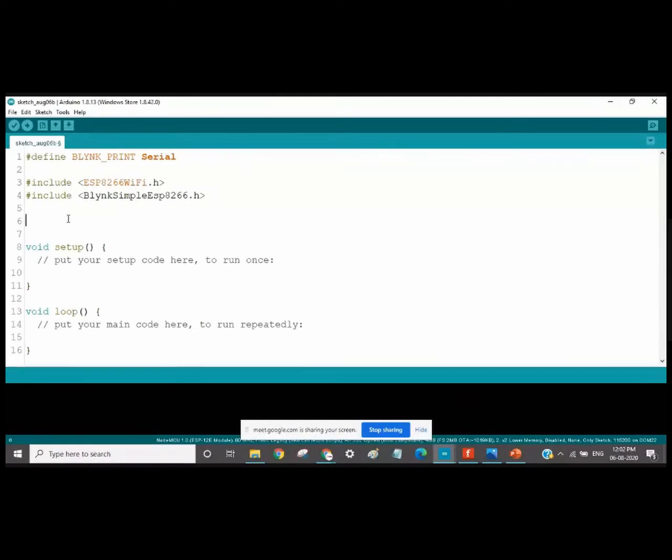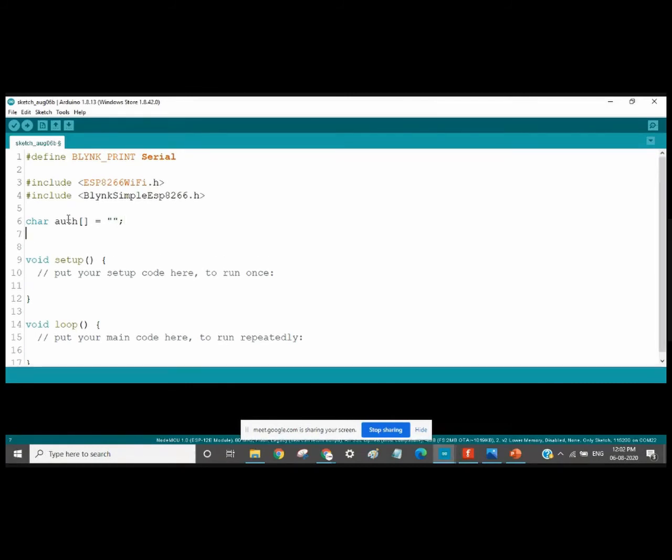First of all, we will write only the body of the code, then we will add the authentication token to it. So I am writing here, and I am keeping this empty. Next part, we will be having the SSID and password too. In the previous code we had not defined any SSID or password; we had directly written it into our code.